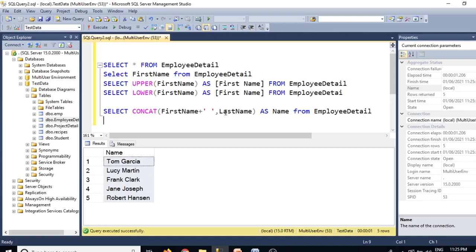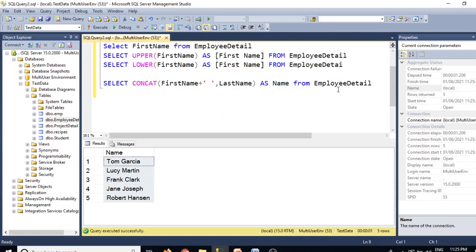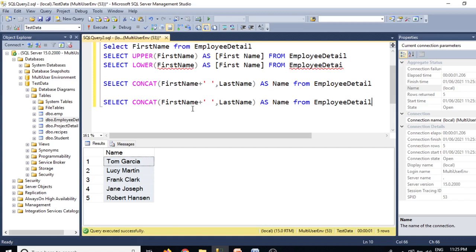Now what is the second way? This is the first way, right? So simply we'll copy this query and put it over here. Now the second way is without the concat function. So simply we'll remove this concat. We'll concat 2 strings, I mean first name and last name. So how to do that? Simply we'll do it like this, and we have to remove this parenthesis as well. Now let's see whether it works or not.